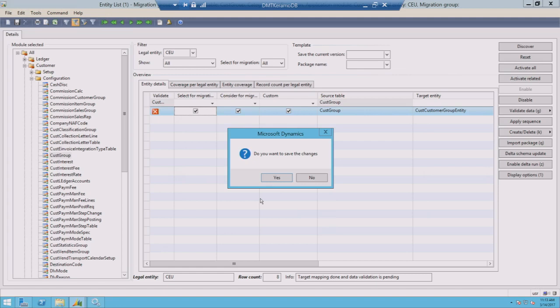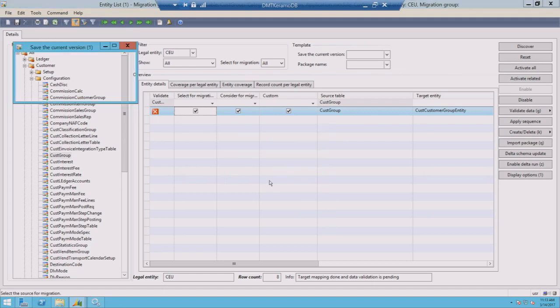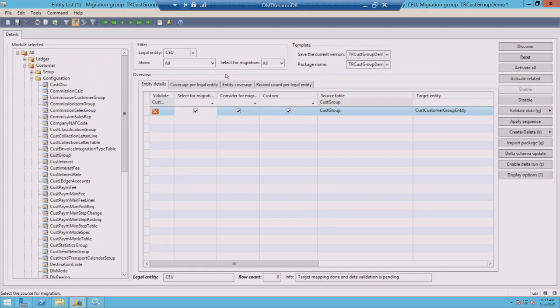So you can do company by company. You can do module area by module area too. So if you wanted to do a phased implementation, you can do those types of migration too. So in this case, I'm only interested in this particular one. So when it says save, right? In this case, I'm just going to give this a name. You can see that it creates this under the current version, and then it also created a package name. So this is the name in which it will create the package when it does the export for you,